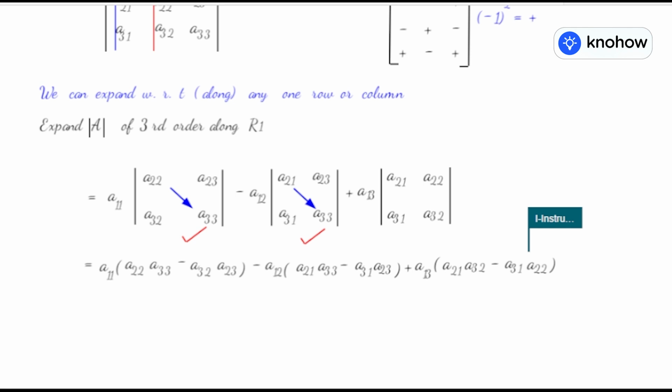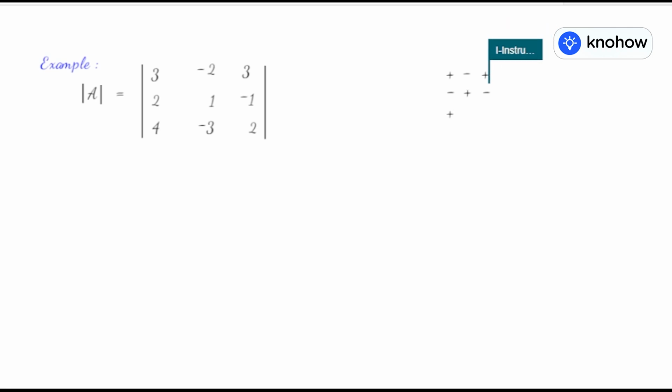Take an example. Say here directly I am writing a determinant of third order. For example, you have 3, minus 2, 3; 4, 2, 1; minus 1, 4, minus 3, 2. You know the sign convention: plus, minus, plus, minus, plus, minus, plus, minus, plus. So let me expand it